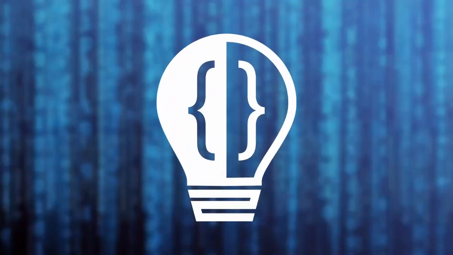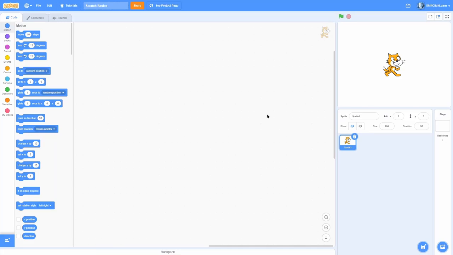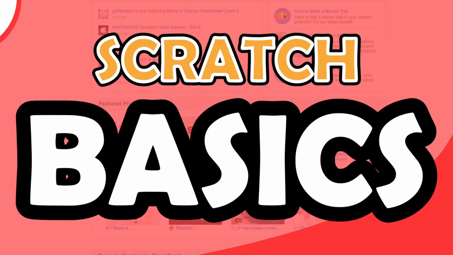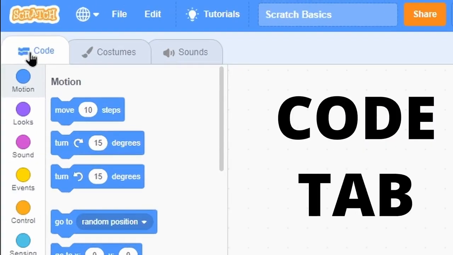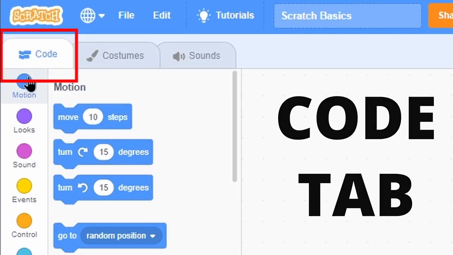Hey everyone, and welcome to the second episode in my mini-series called Scratch Basics. Today I will be going over the code tab, which is this tab right here, and kind of the main